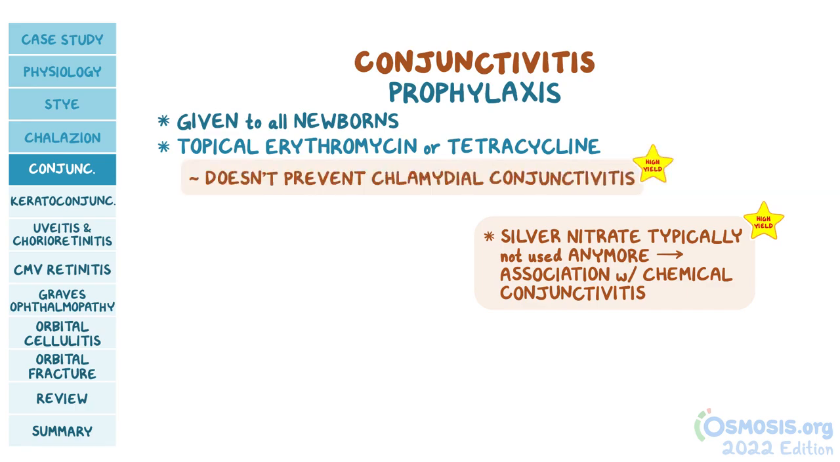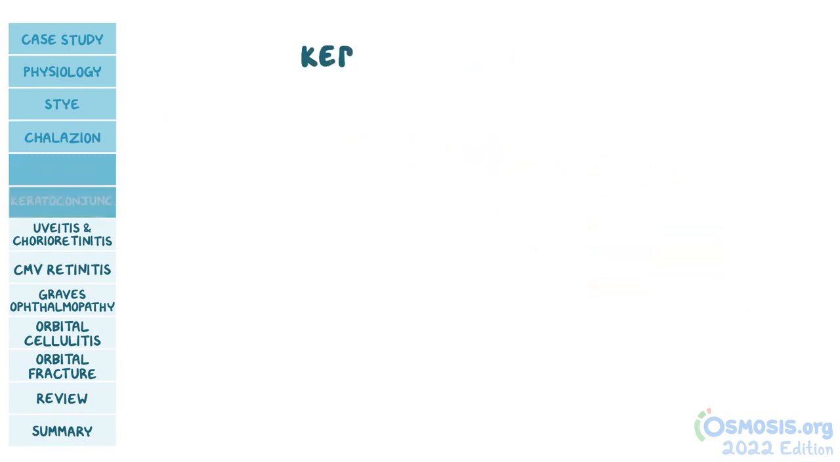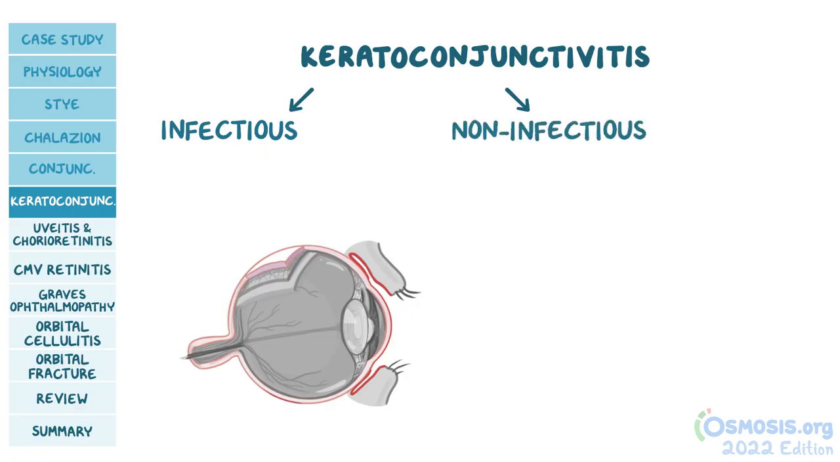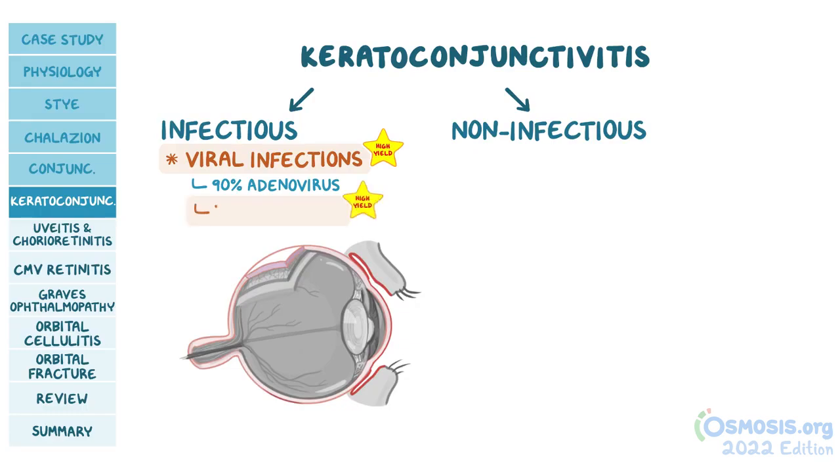Now, in keratoconjunctivitis, inflammation involves both the cornea and the conjunctiva. This can be broken down into infectious and non-infectious keratoconjunctivitis. Infectious keratoconjunctivitis is most commonly caused by viral infections. In 90% of the cases, this is due to adenovirus. But a high yield fact examiners want you to know is that it can also be due to herpes simplex